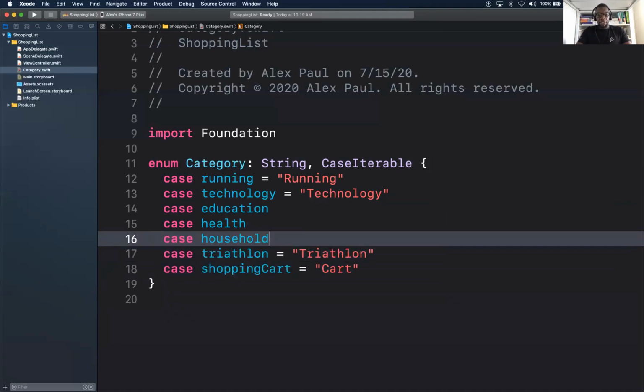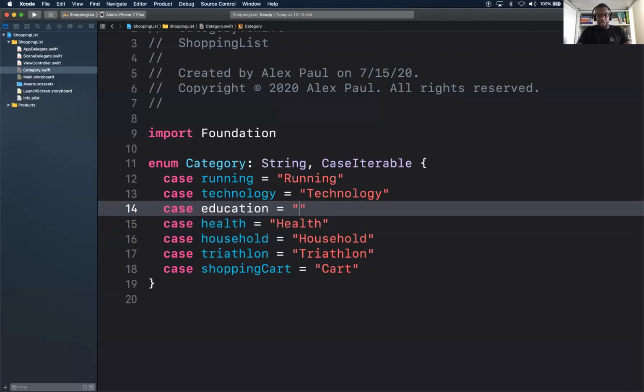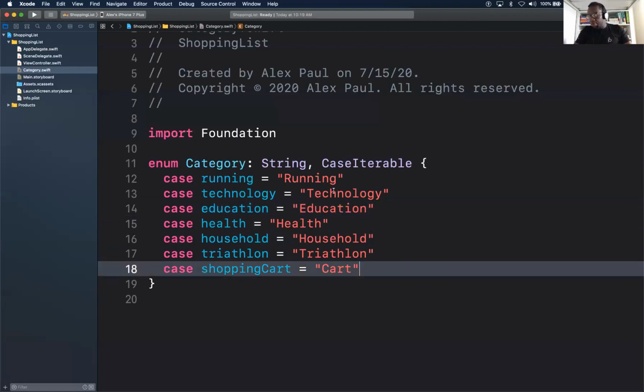At the end of the day, you could even add persistence as well. We will not do it in this app, but you could feel free to add persistence as well and keep going further with the app, right? Okay, cool. That's that. So we have, those are the sections.